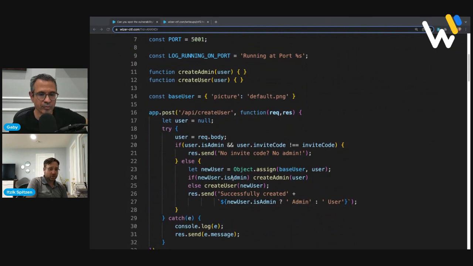And so if you're not creating an admin, then you go to the else condition, and that's the happy path. So what are we doing here? We take the user that we got and we're copying it into a base user. Why do we even need the base user? Because we have a basic avatar, a profile picture,